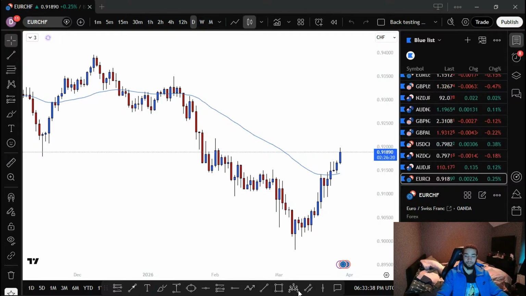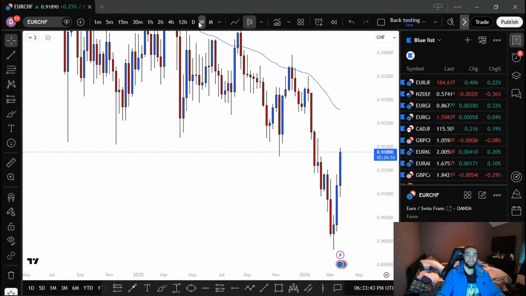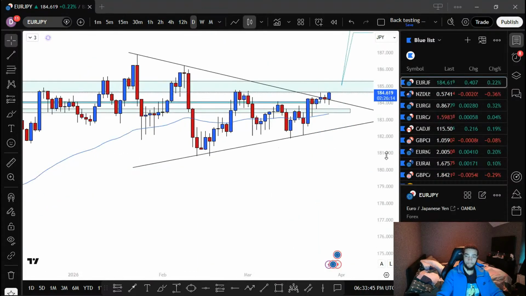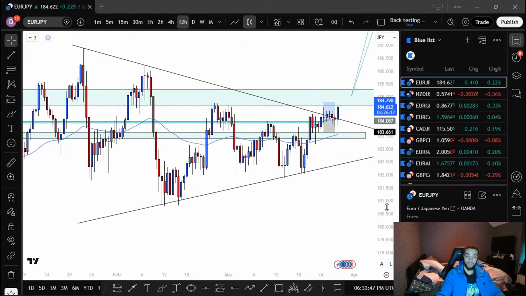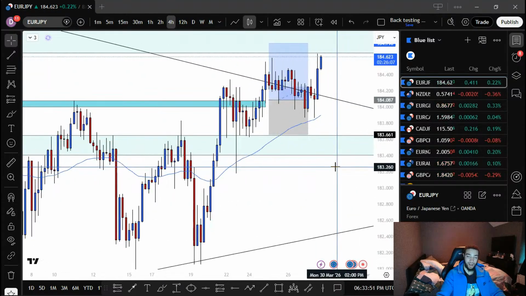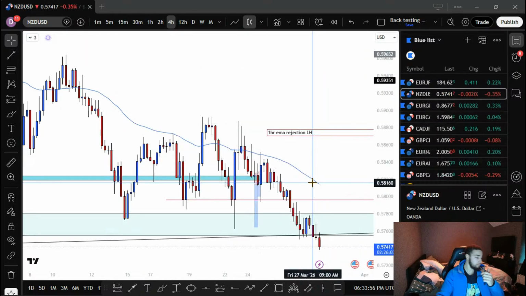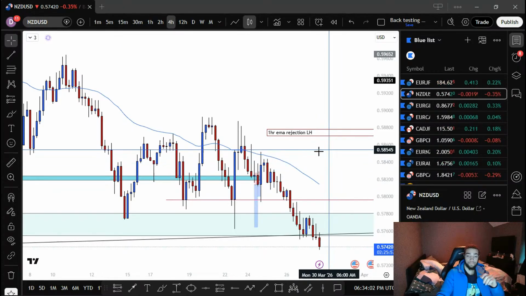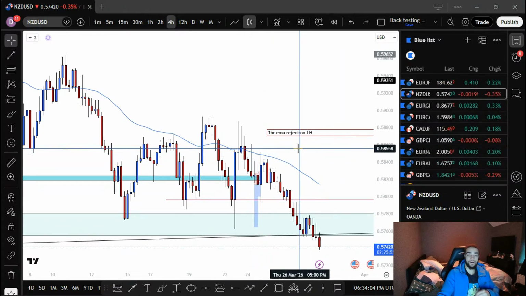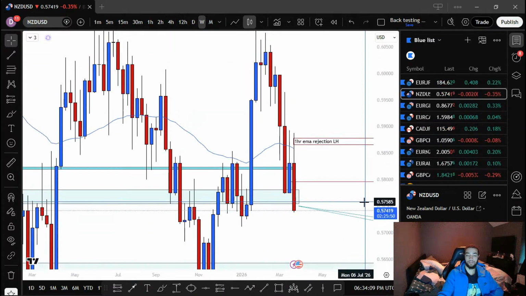Good night, good day. Right, so we're going to go over the markets that we actually took trades on. So to begin with, Euro JPY. That market ended up pushing up beautifully as anticipated. What is that noise? So, beginning with the trades, we have NZD USD, which I'm not going to go